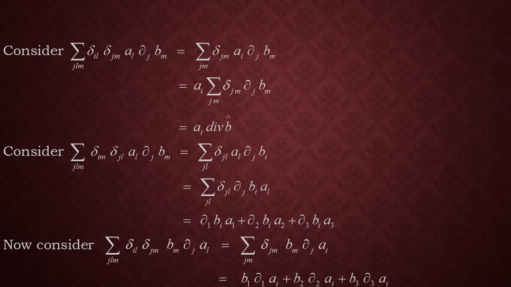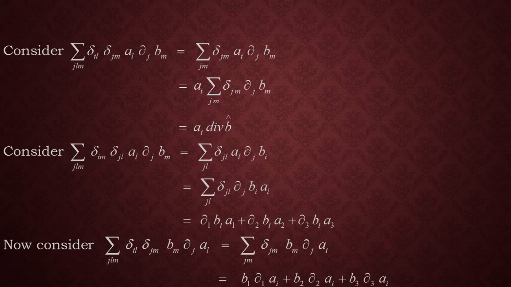If we don't replace l with i, the entire expression becomes 0. If we replace l with i, then our part 3 takes the shape summation sigma over jlm delta sub il delta sub jm bm dou j al equals summation sigma over